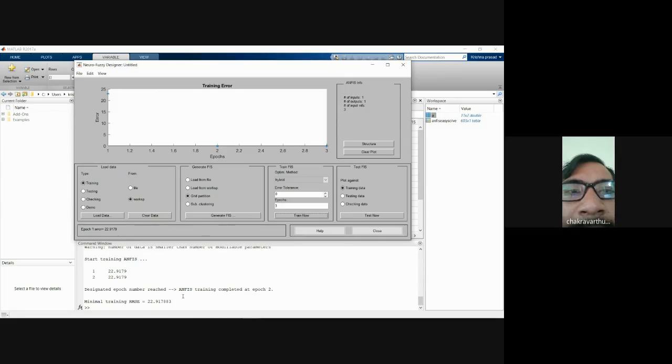If you see there, error tolerance value, epoch error. If you see the error between these two values in the data, we may be having this much error. That is the way we have to understand, because we have to train the data, then generate the FIS system. Now, just check once again, generate FIS system.